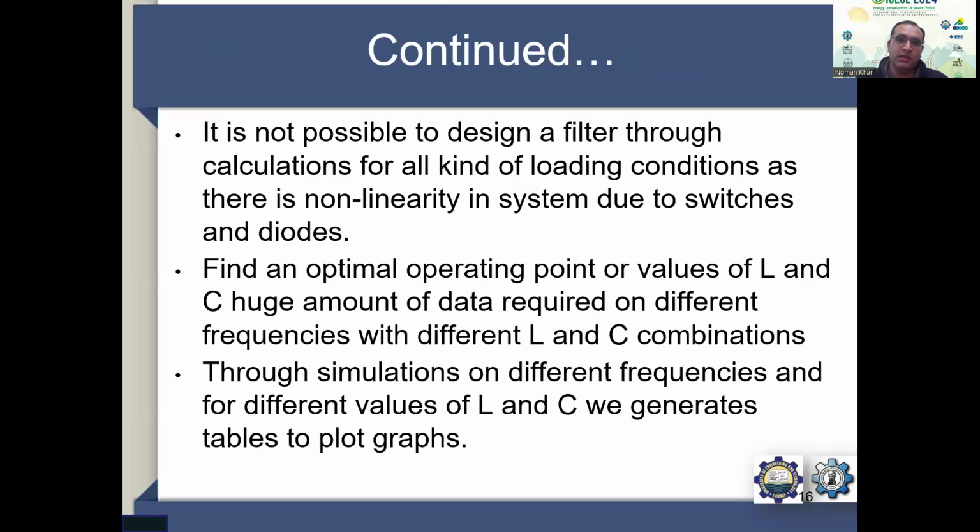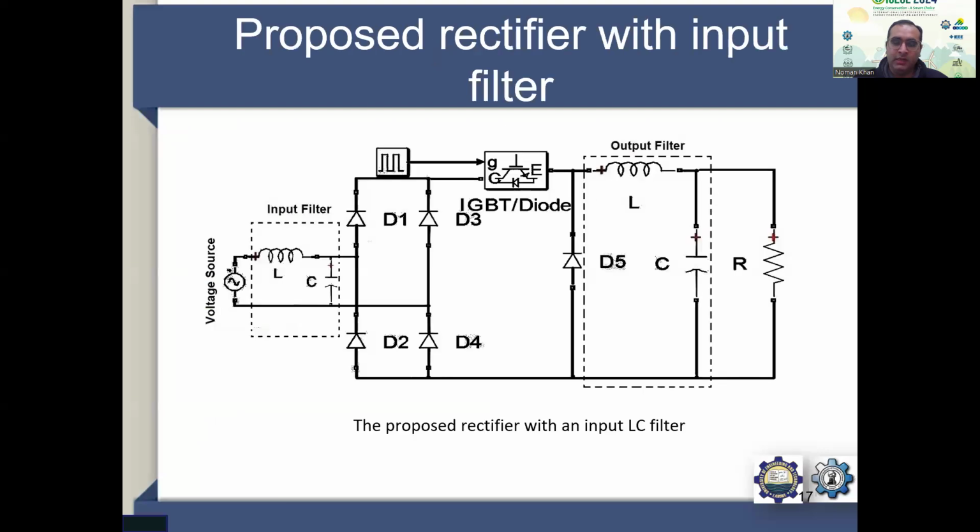With regard to this, it is not possible to design a filter through calculation for all kinds of loading conditions, because there are several non-linearities involved in our system due to the switches and the diodes. Furthermore, to find an optimal operating point, or the values of L and C, a huge amount of data is required: different combinations of L and C at different frequencies, and then at a particular frequency, different combinations need to be considered to realize which one is the best solution. So we have gone through this rigorous process, generated such data, analyzed the results, and ultimately finalized one of the